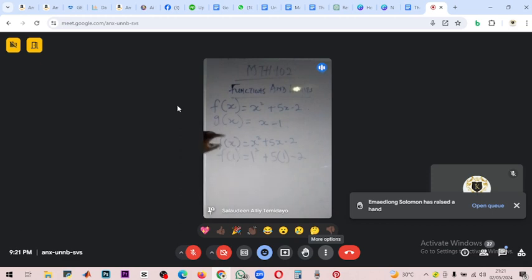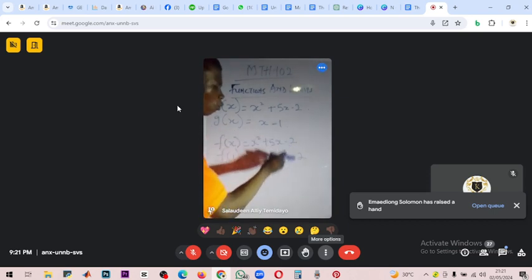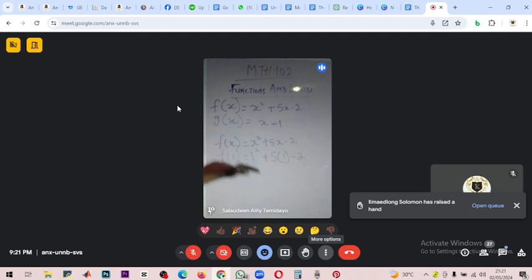Again, f of x equals x squared plus 5x minus 2. So if it was f of 2 that is written here, I'll be using that 2 to represent x anywhere I see x in this equation, in this function. But because it is 1, I'm using 1 to represent x. So anywhere I encounter x, I'll be using 1. That is 1 squared plus 5 times 1 minus 2. That's what is happening here. So now look at g of x. Don't forget what happened for f of 1. Don't forget at all. You should have it in your notebook. You'll be making reference to it now.